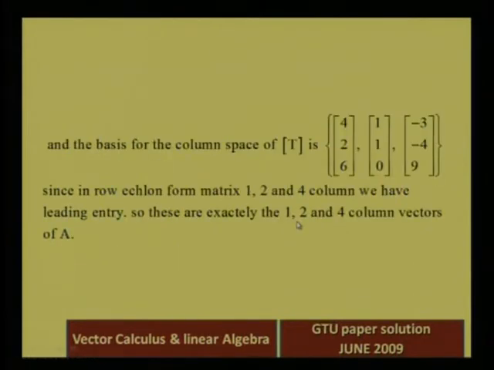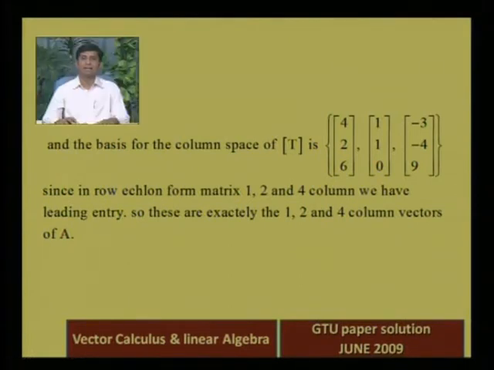What is the rank? Rank means how many non-zero rows in the row echelon form matrix. We know that there are 3 non-zero rows in the row echelon matrix. So 1 plus 3 is equal to 4, and that is exactly the number of columns of the given standard matrix A, right. So clearly the dimension theorem is verified and it's quite easy to verify. Okay. So here is the complete solution of this question. Next question.